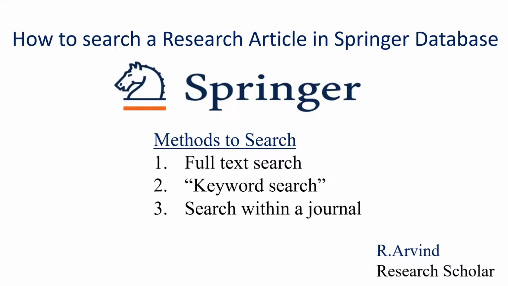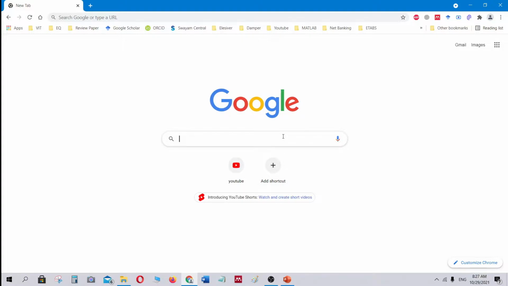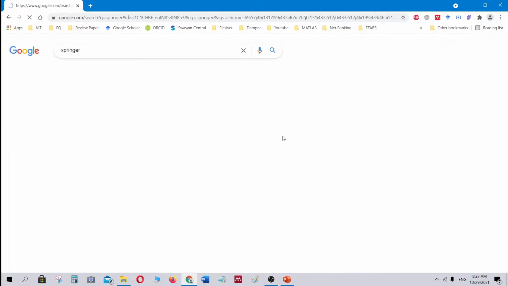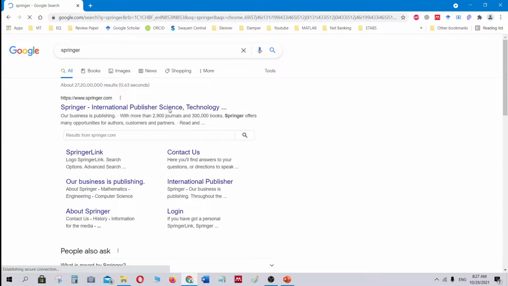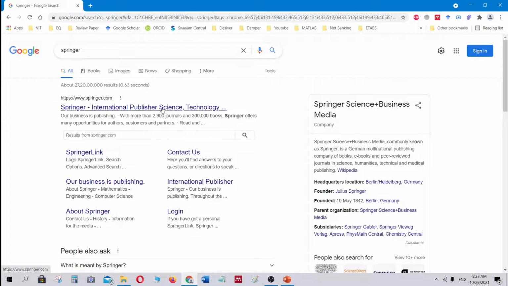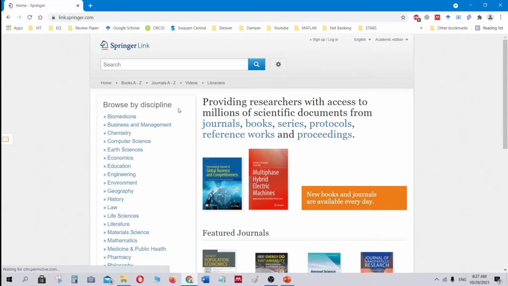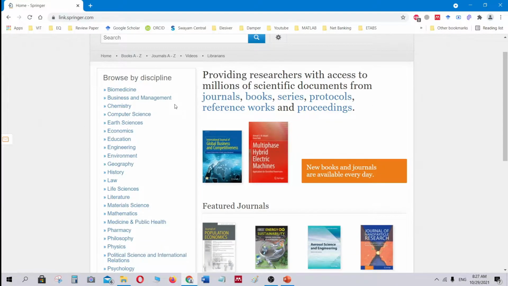I'm Arvind, research scholar. Type Springer in Google search bar. The first link is the Springer's website. Select Springer link. In Springer link, we can access their journals and their ebooks. So we can search an article based upon their discipline,